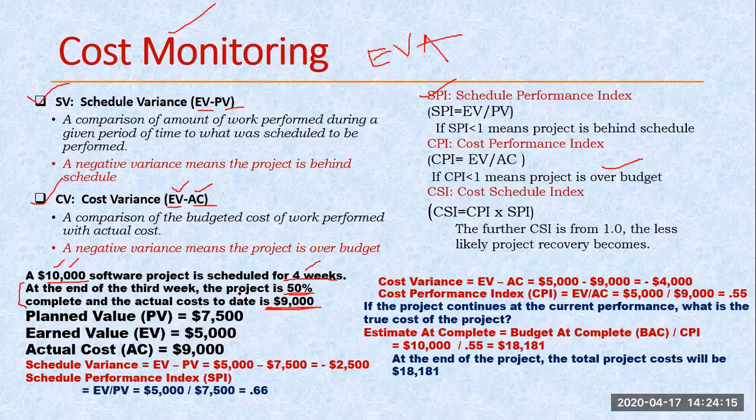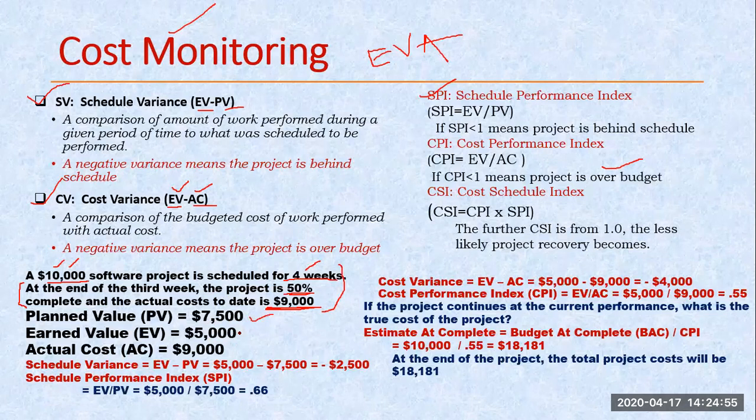So now based on this given data, we can calculate everything. First of all, we are calculating my planned value. So actually my planned value is how much? 10,000. Why have I written this 7,500? Because today when we are checking this, on that date only 3 weeks have passed. So 3 into 25. How do we get this 25? 10,000 divided by 4. If I divide it per week, the budget becomes 2500. So that's why as per my plan, it should be this much, 7500 only.